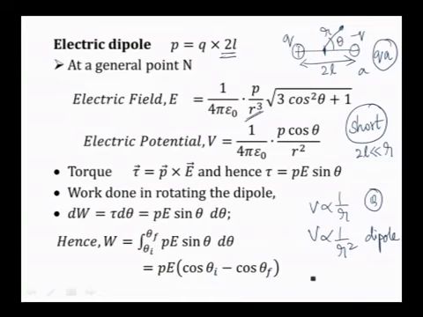This θ is measured with respect to the electric field. So if you have an electric field like this, and if you have a dipole, the dipole moment is a vector. So notice that dipole moment is a vector here, and the electric field of the dipole goes from positive charge to negative charge, and within that it goes this way from plus to minus, and electric dipole moment is a vector which is taken from minus to plus. This is the direction of the p if you take it as a vector. So this is the vector p, and this is the θ which is present in all these equations. Going further,